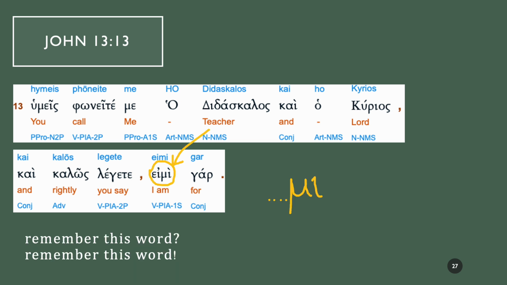Apologies for my predictably croaky voice, but you might notice this word Amy, I've mentioned it quite a number of times, and I put 2 points below. One has the same letters as the other, but one ends with a question mark and one ends with an exclamation mark. So remember this word, question. Do you remember it? I've mentioned it quite a few times, as in the I am sayings of Jesus. I am the way, the truth, and the life. I am a good shepherd. I am a light. And I am the bread, and so on. Then there's remember this word, exclamation mark. So I want you to remember this word.